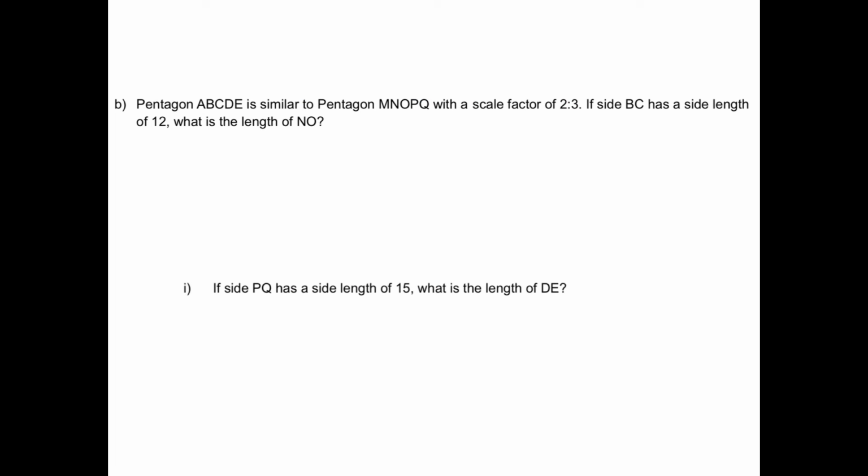This final example looks at a pentagon, which remember has 5 sides, and it's similar and it has a scale factor. So we're just going to be setting up the same way we were setting up with our other proportional relationships. So BC has a side length of 12. What's the length of NO? Now, first thing I want to just remind you of is that you notice how those letters BC are next to each other in the pentagon's name, just like NO are next to each other in the pentagon's name for that one. So I know that these are corresponding sides because BC and NO are in the same spot